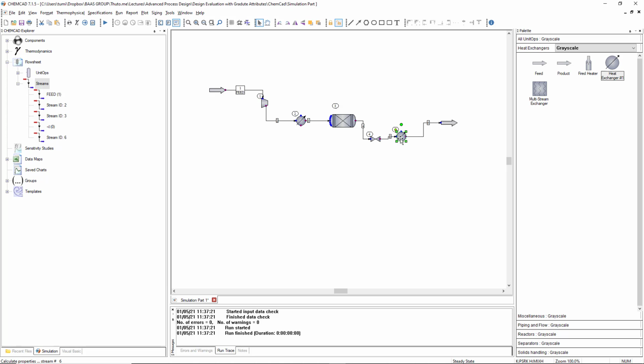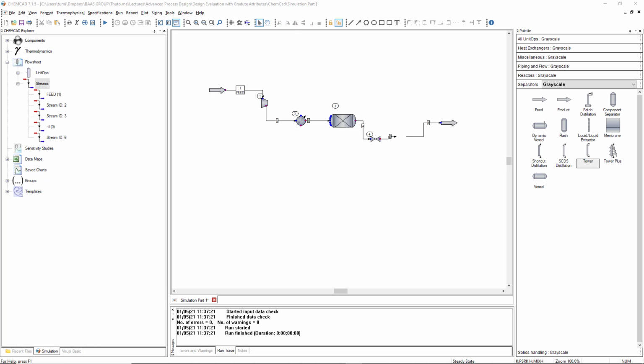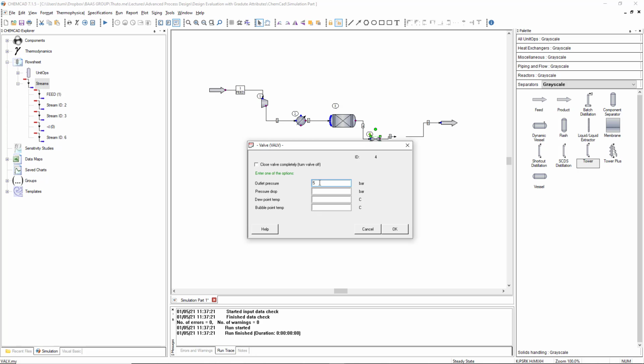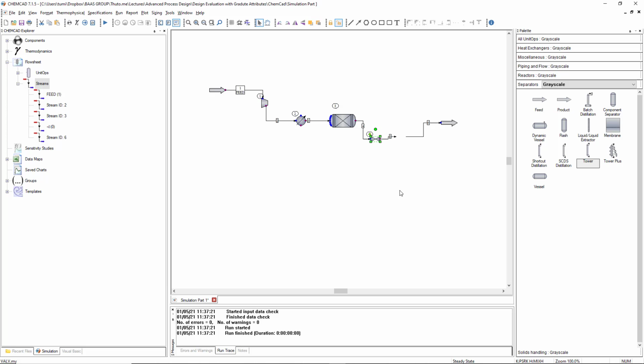Okay, moving on. We will first remove the heat exchanger. Let us change the outlet pressure of the valve to be the same as the pressure of the distillation column. We will come back and adjust this when we are doing momentum balance and pressure drop calculations later. Let us add the distillation column type, tower. This type of column allows us to specify various input parameters that we can come back and change later if